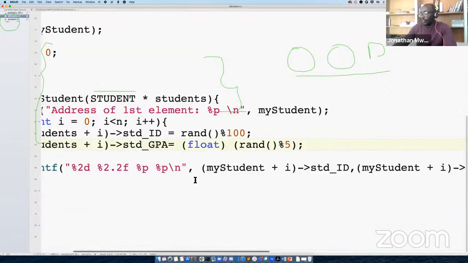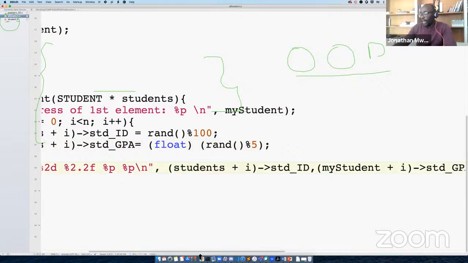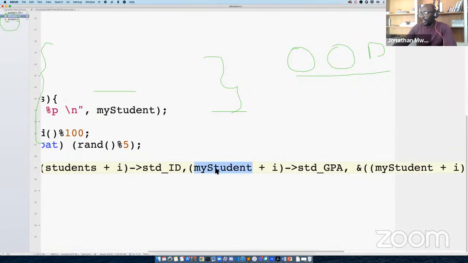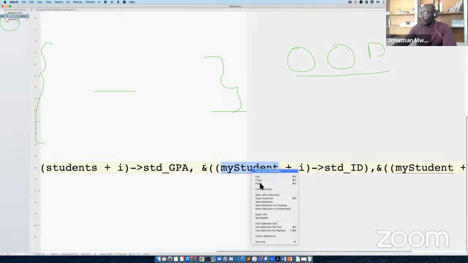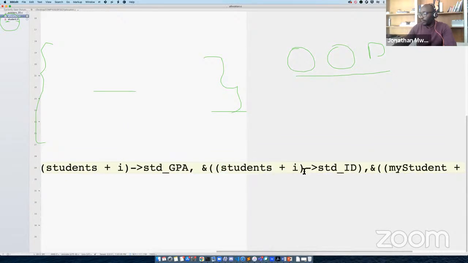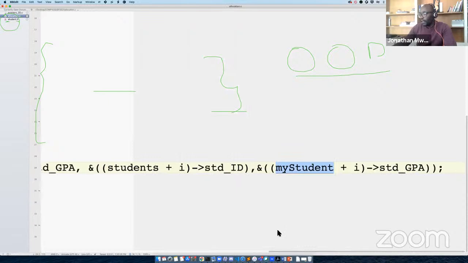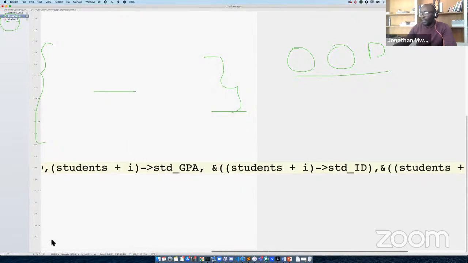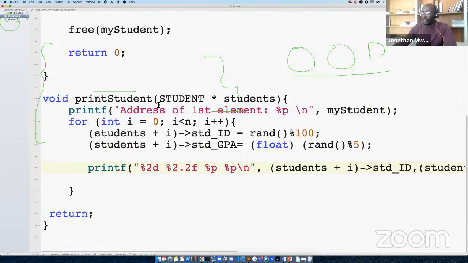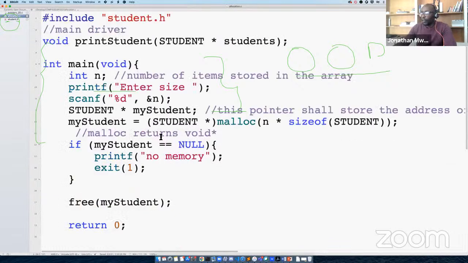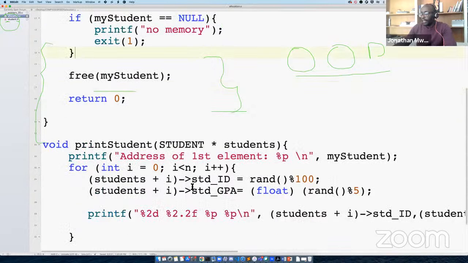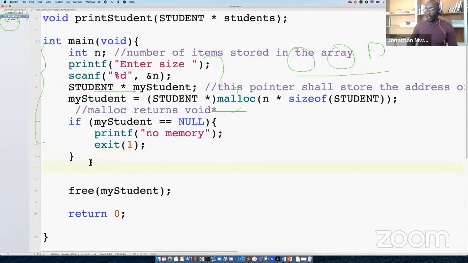I'm just doing the same thing that we have done before by changing a few materials, the names of the variables, etc. So we basically have a function called print students that receives these materials and just prints them out. In terms of calling that, instead of adding and printing them, we can call the function print student.